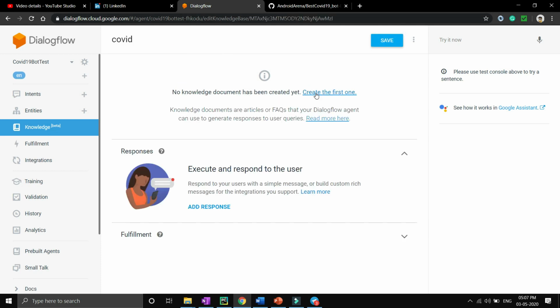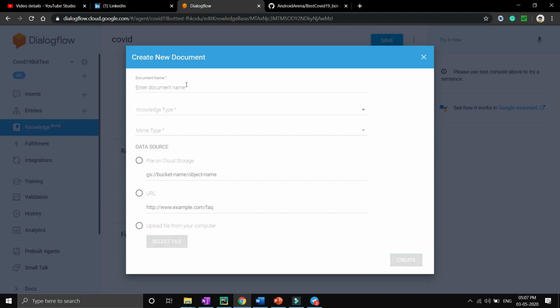After that, you have to click on create the first one and you need to fill this form. Knowledge type will be FAQ. MIME type will be CSV. We will upload in CSV. You can upload in HTML also. So we will upload in text and CSV, comma separated values. Then we will upload it from our computer.